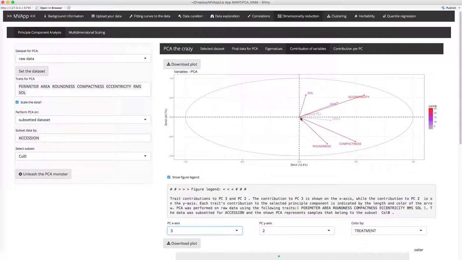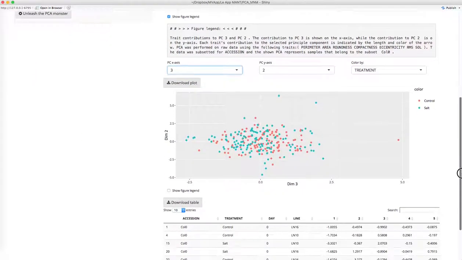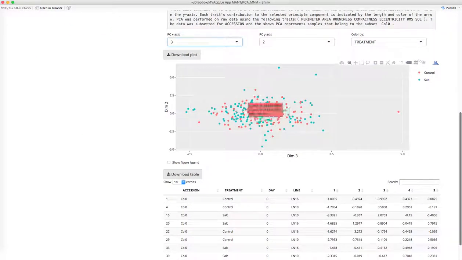So you can see that the arrows point to different positive or negative contributions to this PC, and here you can see the percentage that this principal component explains of your variance in the data. And this figure legend also summarizes what traits you've added and how you've subsetted the data. You can download this plot through this button, and you can go down and see a scatter plot of